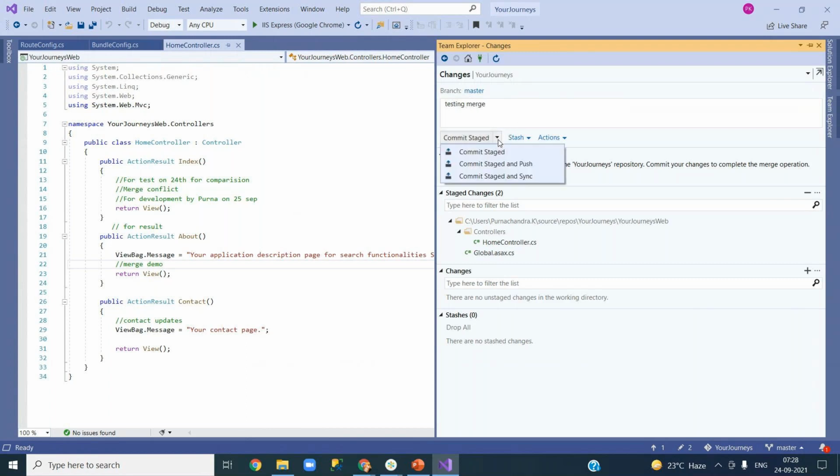Okay, say commit staged and sync. You will see like this. We'll talk about this stage, okay? But it is nothing but whatever is staged here. Staging is nothing but, while doing this merge operation, after resolving the conflicts, the changes are still on my laptop. Means these are staged. It did not go to the server. So keeping it on our laptop during some operation is nothing but staged, actually. Okay, but don't worry. When you say commit staged and sync,